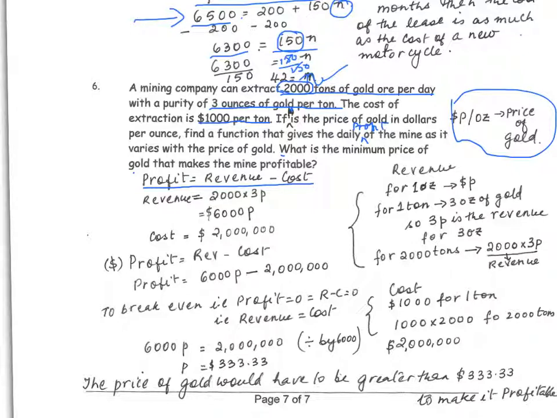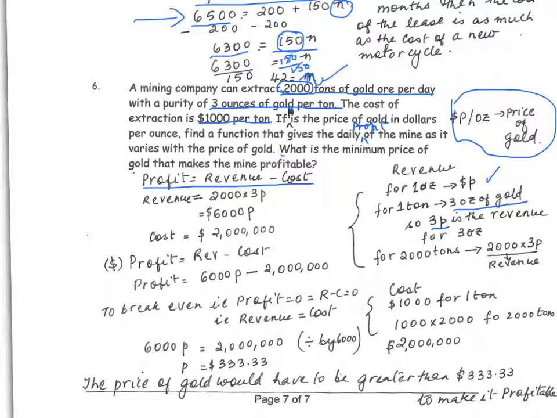So what is the revenue? Revenue is excluding the cost of running it. So let's just do the simple calculation. For 1 ounce, it's P dollars. For 1 ton, 3 ounces of gold can be extracted. So if you take out 1 ton of ore, we get only 3 ounces of gold. So if the price per ounce is P dollars, then for 3 ounces, it would be 3 times P dollars. So that would be the revenue